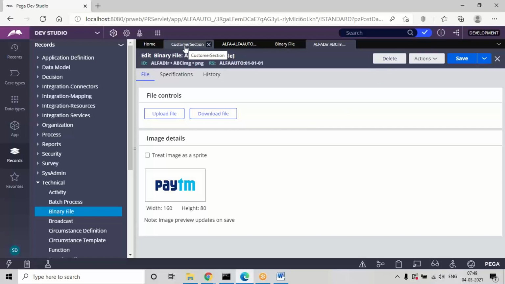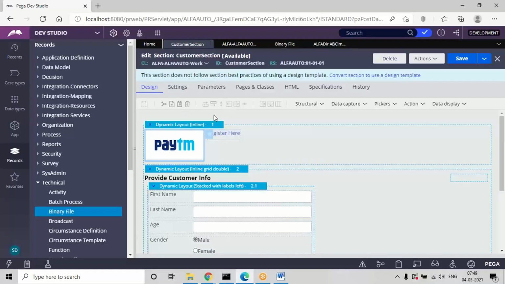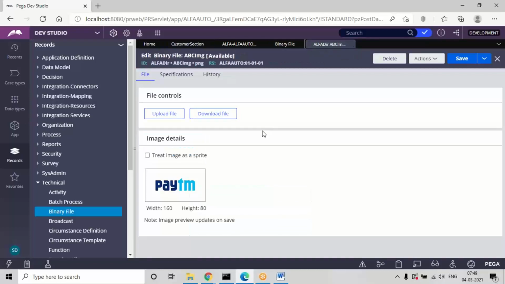If you want to change the design, I told you the process. From the control, we can't change the binary. We can't change the Paytm to something else, because for every image we have to give the file extension, file type, image name, and directory, right? So that cannot be updated directly. The image alone we cannot update separately, because the file type can be different for every image. So file type cannot be updated, so we have to delete.